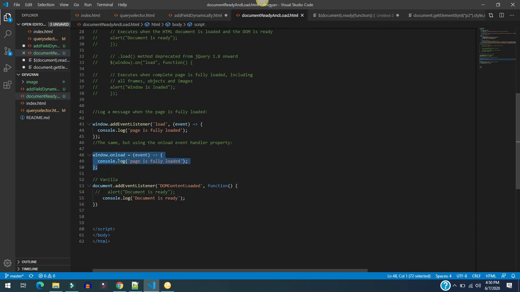You can see that window.onload or window.addEventListener load are both the same. In vanilla JavaScript, we can prefer any one of them, and for document.ready we can use document.addEventListener DOMContentLoaded.